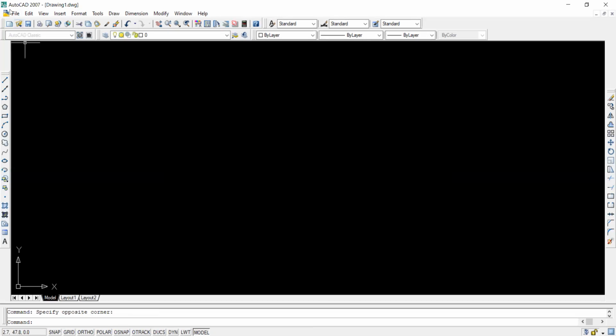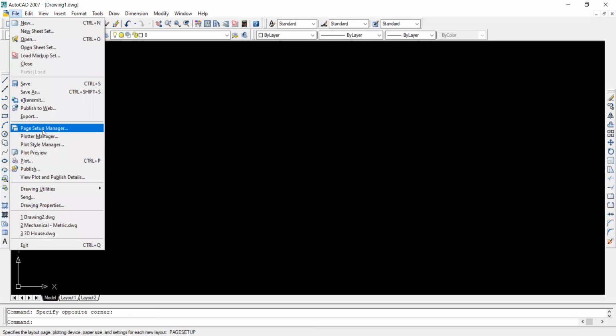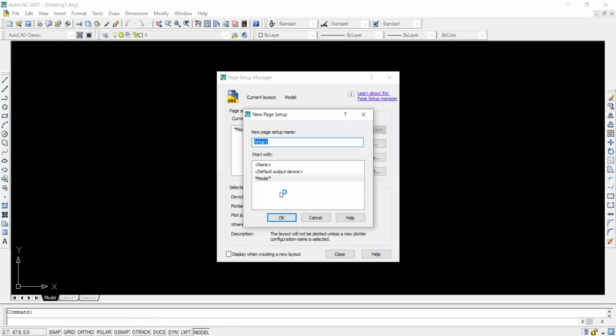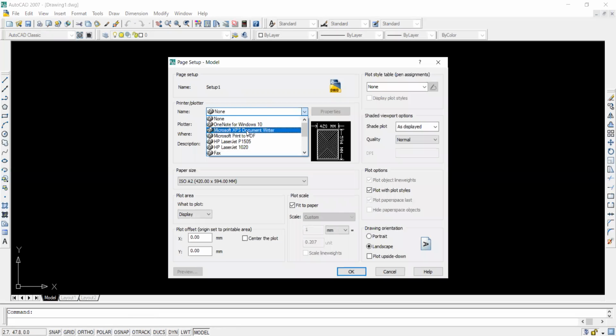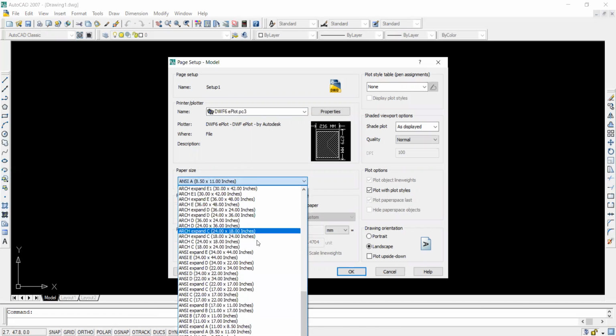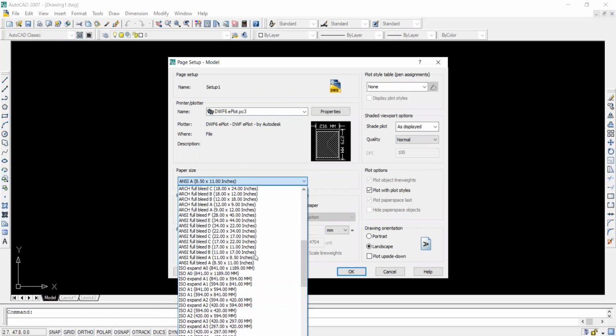So today we have seen 3 commands. First is page setup manager. In that page setup manager you can create a new page setup if you want, and you can have your own. So this is the default page plotter, and you can select any of these pages.